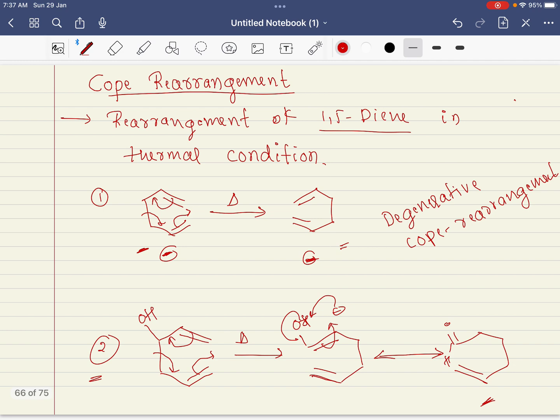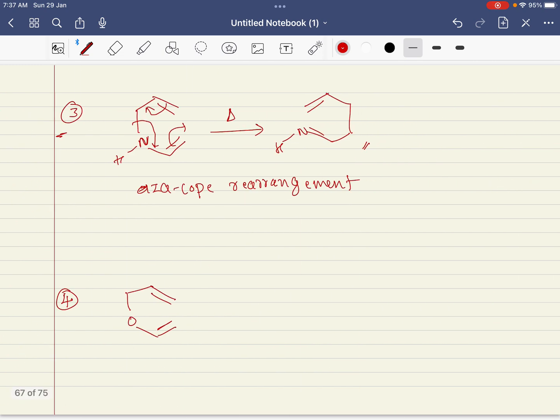We forgot to mention the naming here. Look at here, this sigma bond is broken. We should name this as 1-1. This is 2, this is 2, this is 3, this is 3. So it is a 3,3-sigmatropic rearrangement. Look at here, here also the bond is broken. We should start numbering from here: 1-1, 2-2, 3 and 3. So it is also a 3,3-sigmatropic rearrangement. Here also the bond is broken, so we should start numbering from here: 1-1, 2-2 and 3-3. So what it is? 3,3-sigmatropic